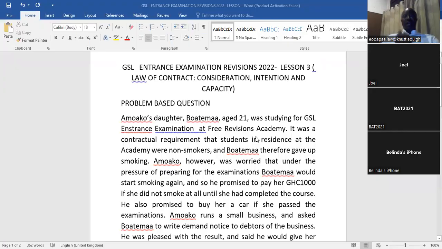Yeah, so the problem-based questions. So let's look at these adapted facts and we'll see what we can do with that. Amoako's